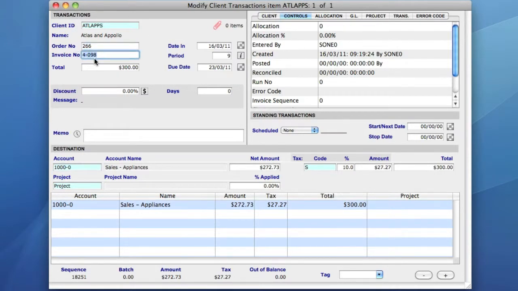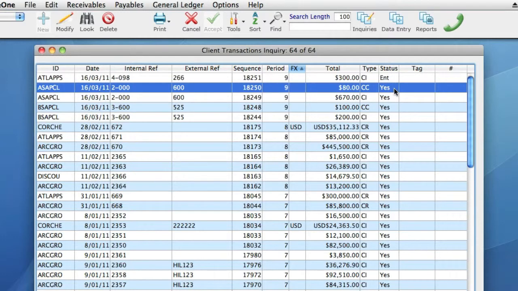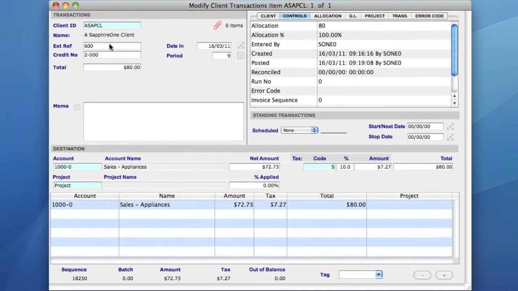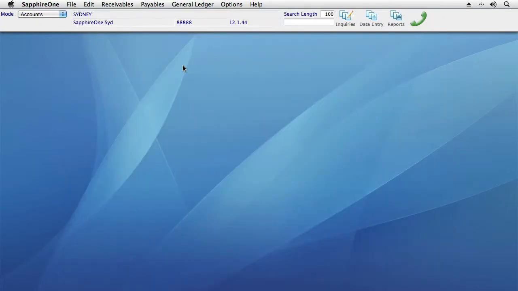to my transaction. However, after a transaction has been posted, its status will be displayed as yes in the Transaction Inquiry screen. This means that it is no longer editable, and even if I open the transaction using the Modify method, I will not be able to make any changes. So to make an amendment to a posted transaction, I need to create a client journal and then allocate the